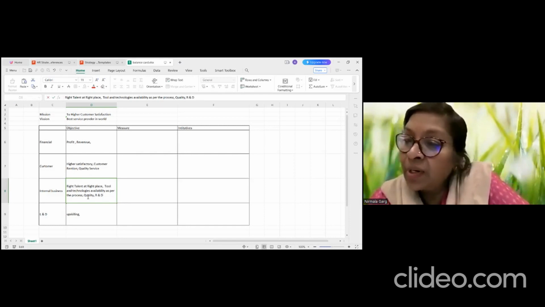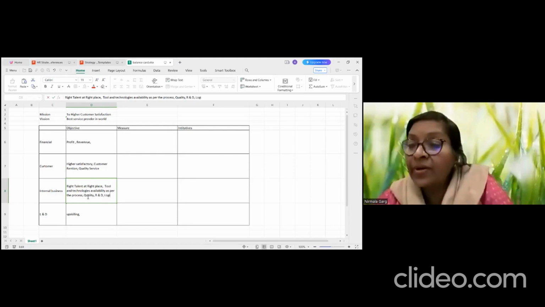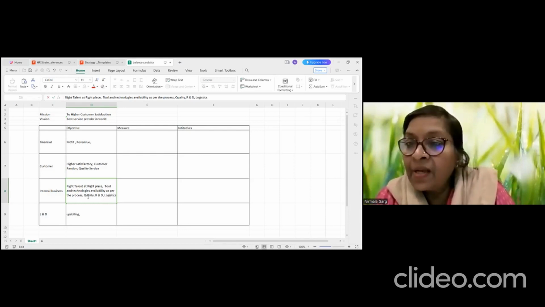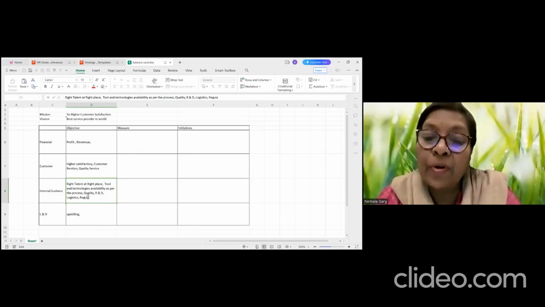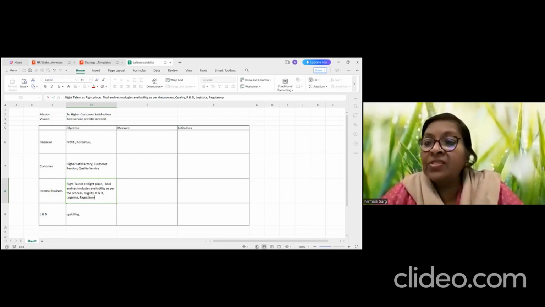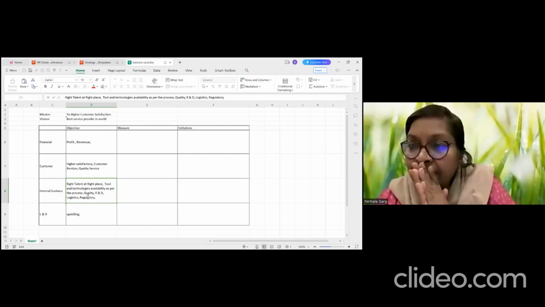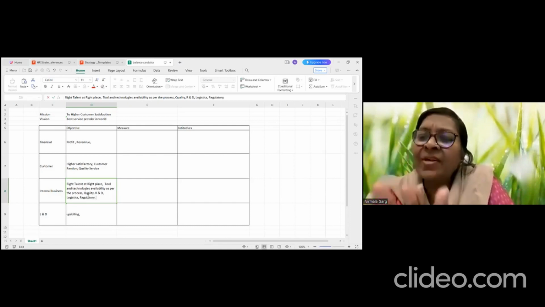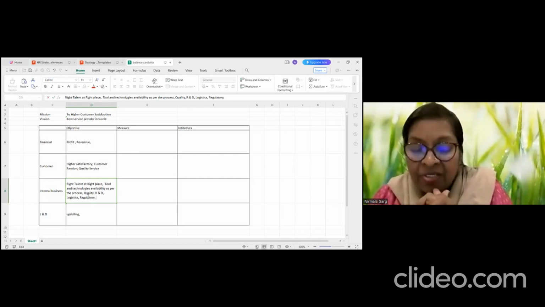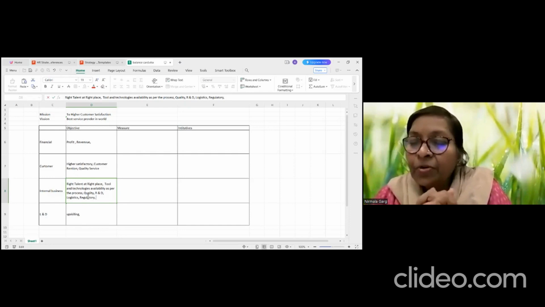Quality is a function, so quality processes; or R&D is a function, so R&D processes. And if you have regulatory, you have to look at regulatory also. Ultimately, if you want to deliver a product to the customer, there are different processes from different functions which will create this product, right? For example, in a manufacturing organization, say Toyota.